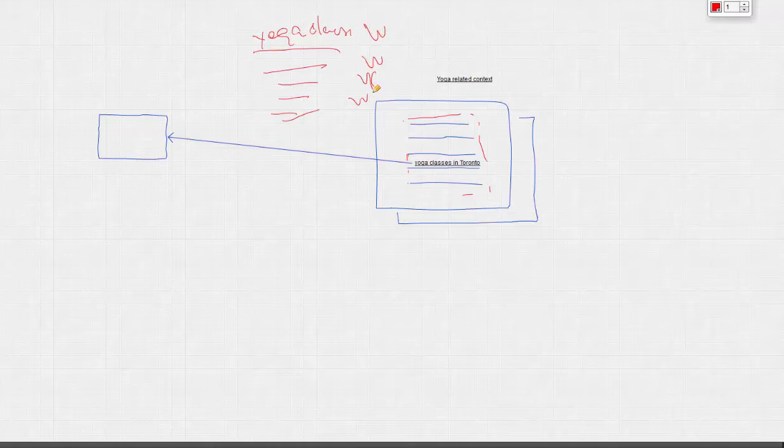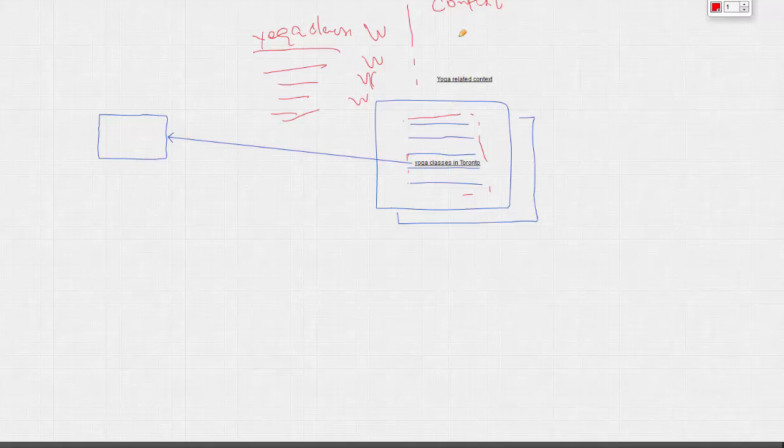Of course the weight parameters were changing over time, but there was another parameter: the context. Now they know these are anchors for yoga classes in Toronto, and they can somewhat determine the context of the content, and score how relevant this link and the anchor are to the context.